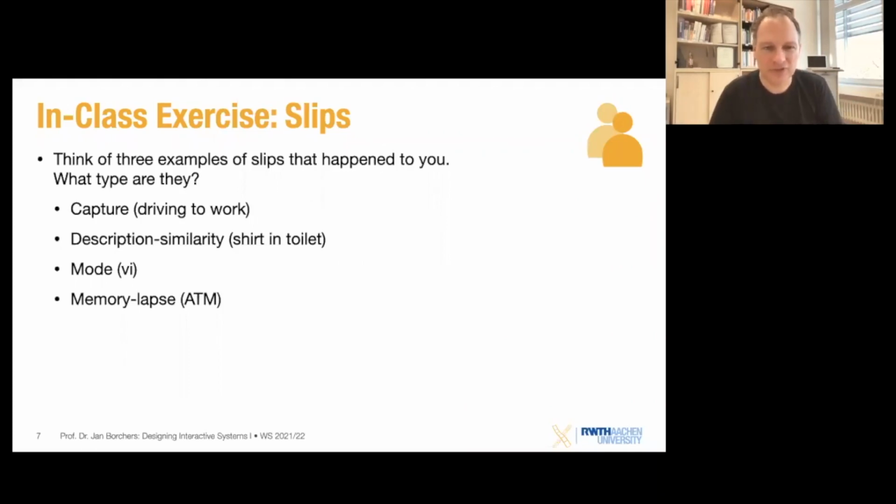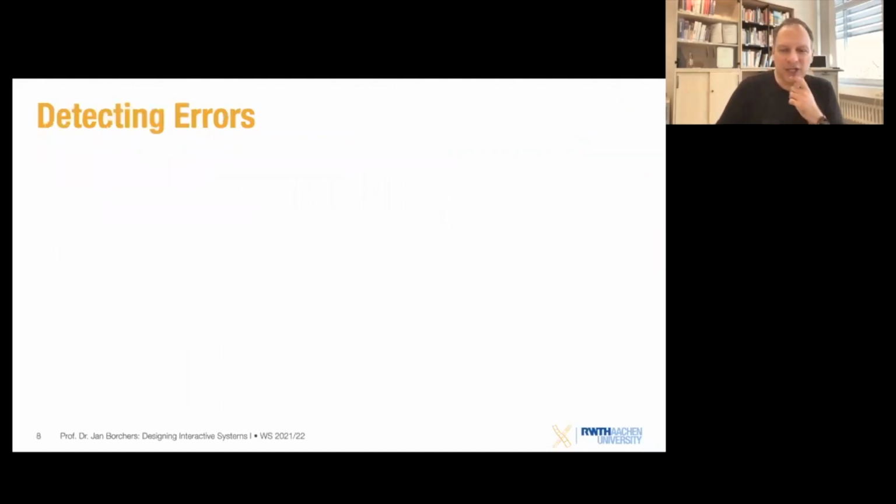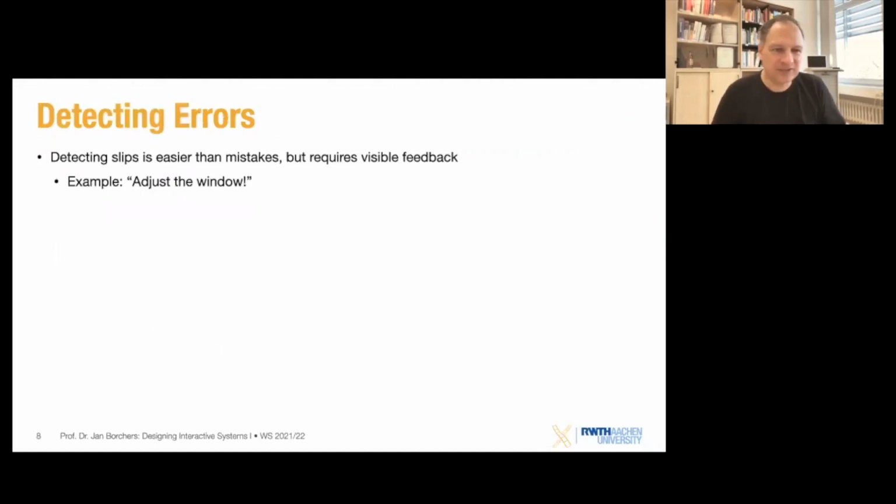Great, wonderful examples. Thank you, guys. So moving on with these errors, how do we detect them? As I said, to detect slips is easier than detecting mistakes, but it does require visible feedback. A great example is, you're sitting in